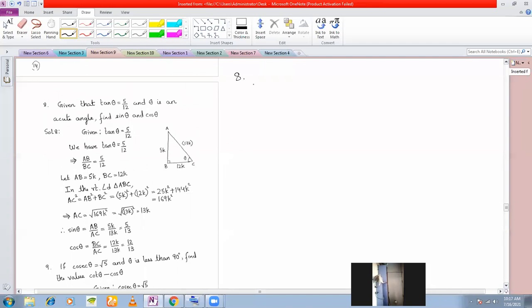Look at the next problem here. Number 8. Given that tan theta is equal to 5 by 12. So one ratio is given, which means you can determine all other ratios. In the earlier one, sine theta was given; here tan theta is given. The question here is to find sine theta and cos theta. Let's do the right angle triangle way, or do you want some other way? Sir, do another way. Yes, sir.